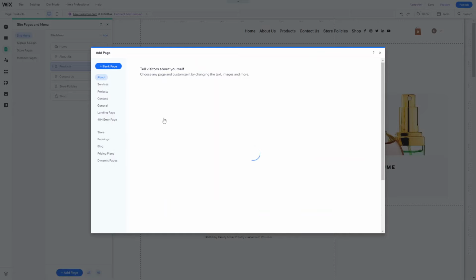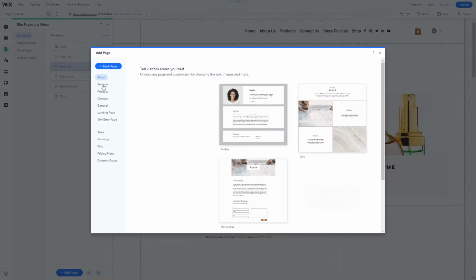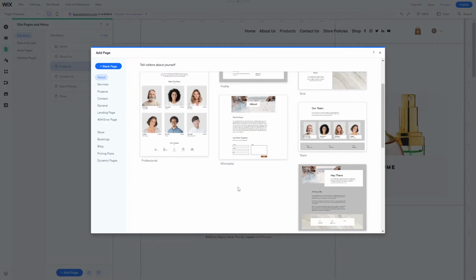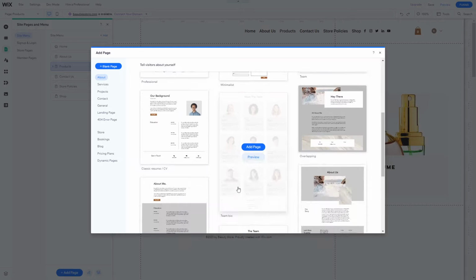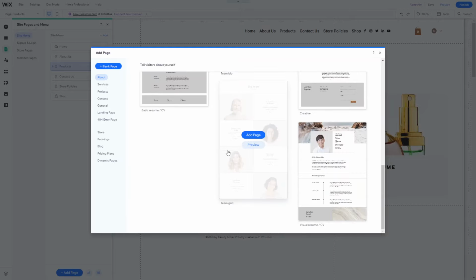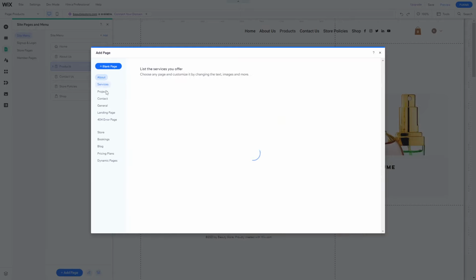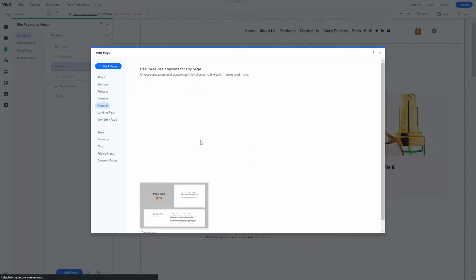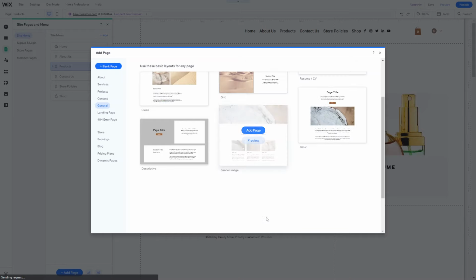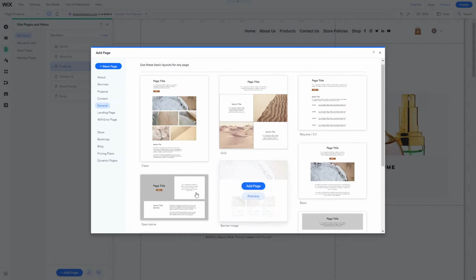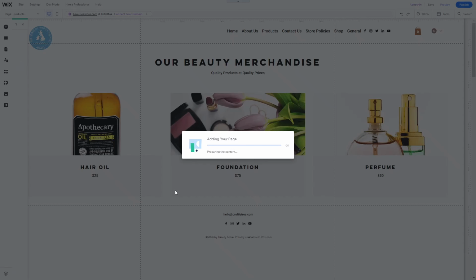And what you can do is you can add a completely blank page, or you can go through some of the page templates and you can basically just pick from one of the page templates, so you're not just building a whole new page from scratch. And then all you need to do is just select the page that you want to add and like the look of the most, and then you can just change the layout of it as well. So for example, if we go with this one, I'll click add page,